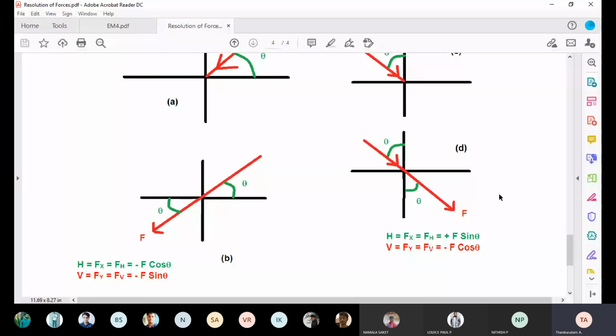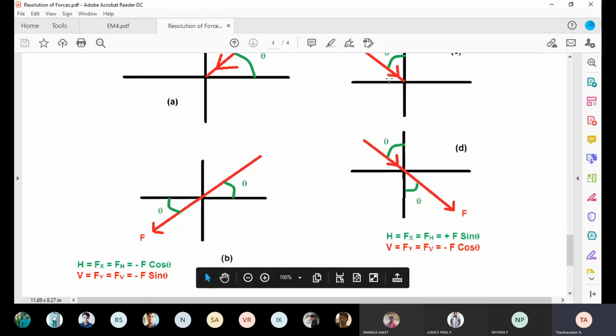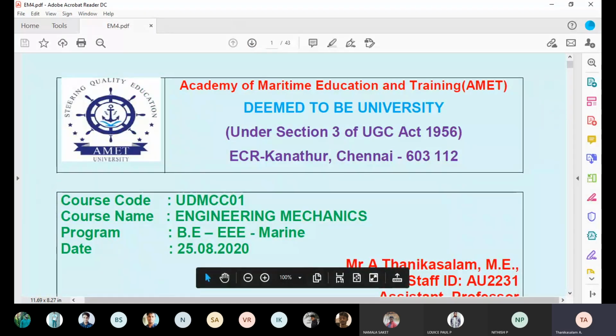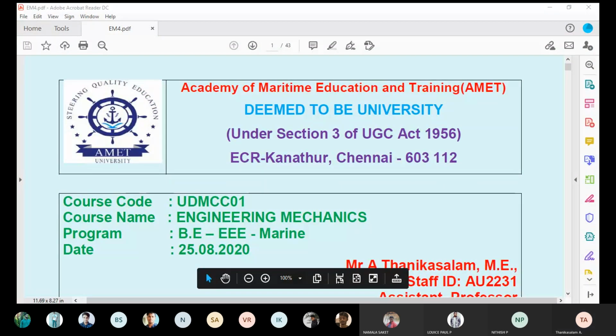Those who studied in CBSE school have understood this concept; they already know it. Okay, so I have given a clear picture. I am sending this PPT also. Yesterday I sent this PPT. Just keep it, and whenever you are free, you can refer to it. Now I am going to show another slide, what we are going to discuss today.